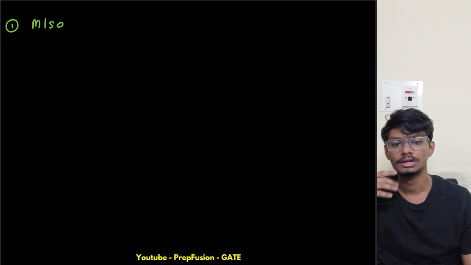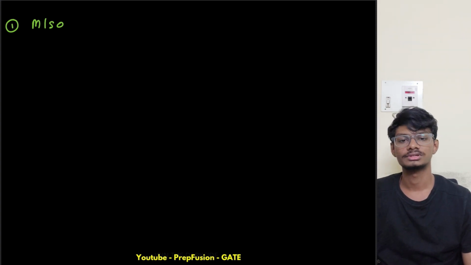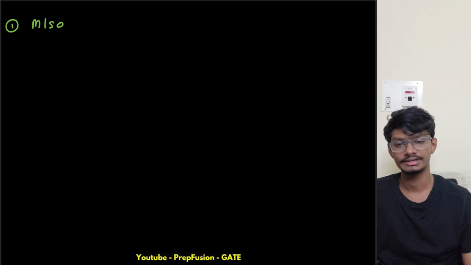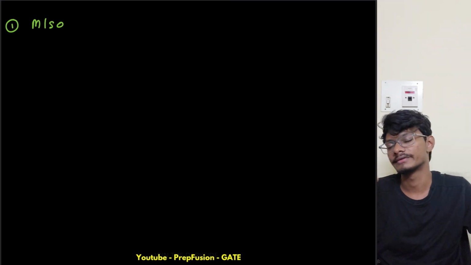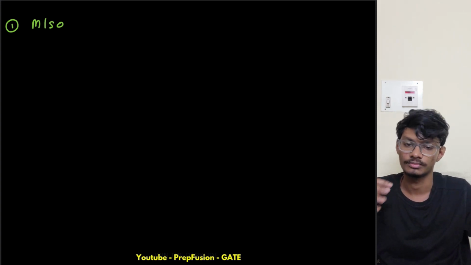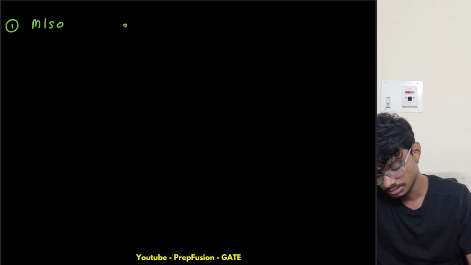Now MIMO. You can say the thing that controls the temperature of a room takes a heating element as input, how much temperature it takes, how much humidity it has, and the output gives two things. It gives humidification, and it changes the temperature also. So that way you can think of a MIMO system. So another one is MIMO,